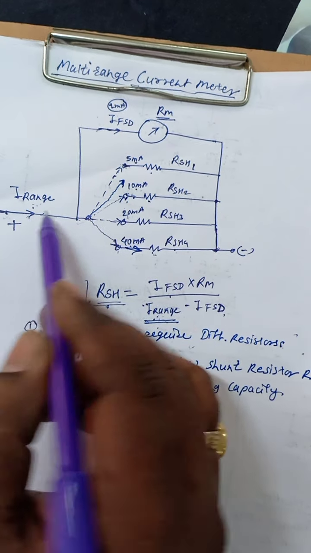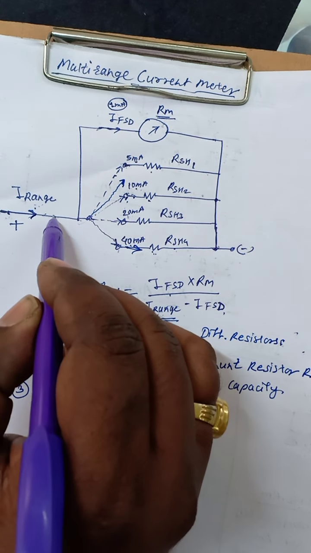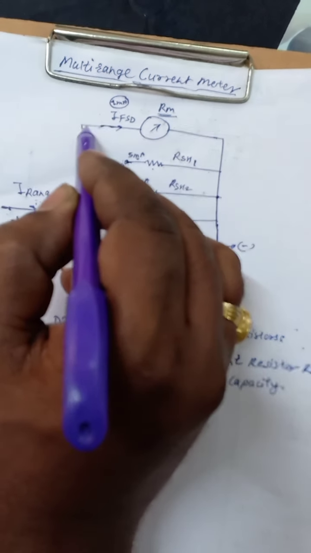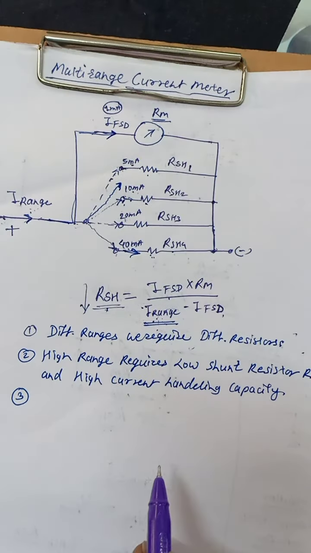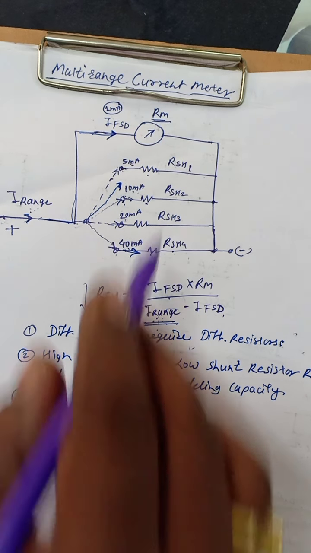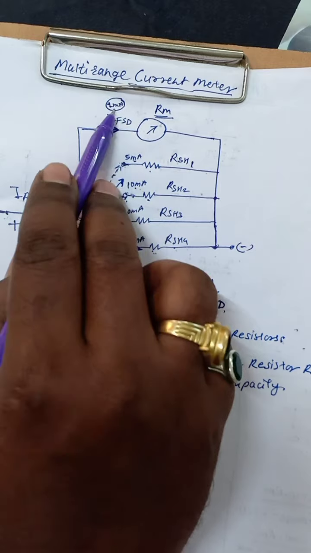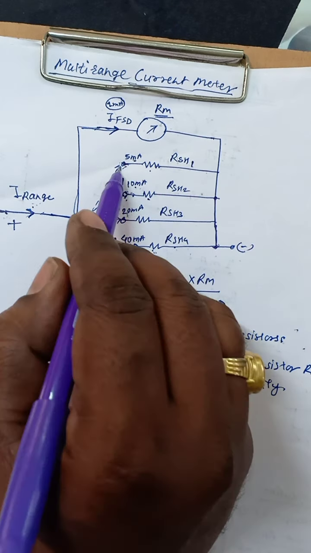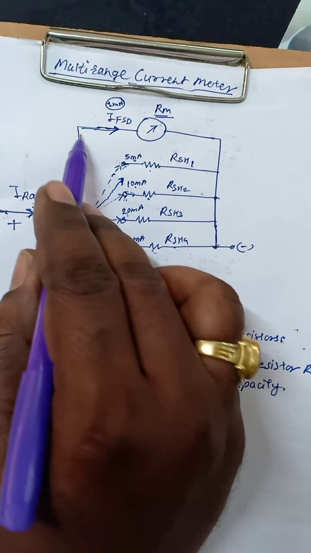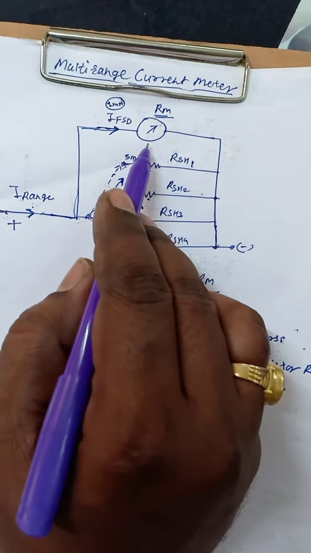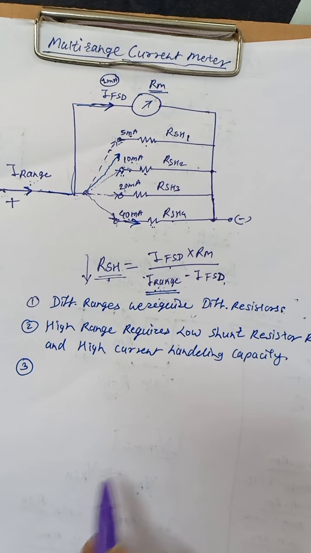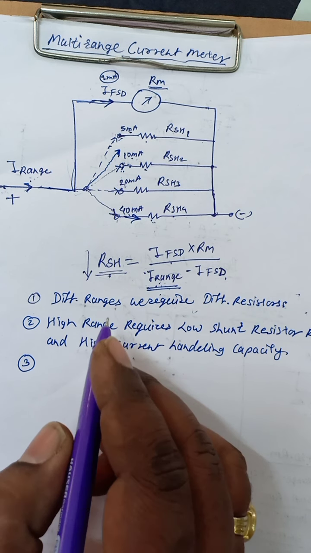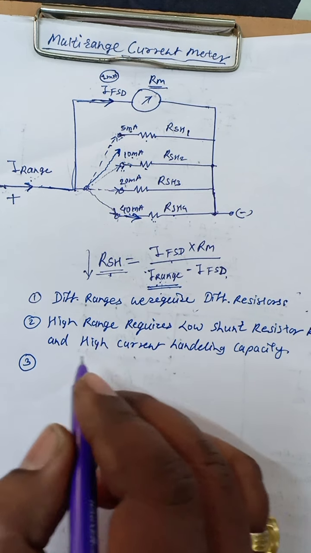So in this case, if we are constantly applying a current, then this maximum current flows through the meter, and it will damage the meter because it has a 1 milliampere capacity. If we apply 5 milliampere, and if we change the 5 to 10, that means 5 milliampere current flows through the meter and it will damage the meter. So this is the third disadvantage.